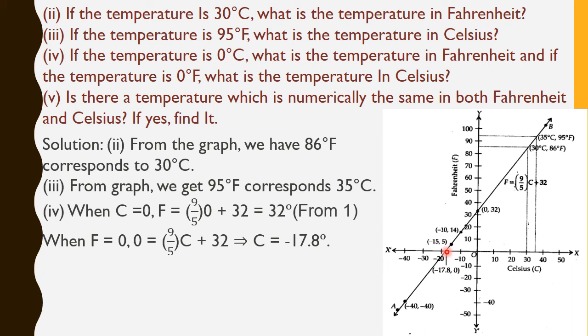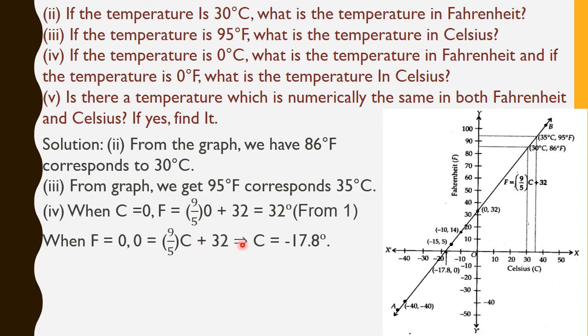So we are already on the x-axis, so we can get the value, and the value is coming out to be minus 17.8. And if we calculate right over here, here also we are getting minus 17.8 degree Celsius for F equals to 0. That is Fahrenheit. So this is how we can find out the value from the graph. So for this particular sum, we have to get the value from the graph, and we can also show the